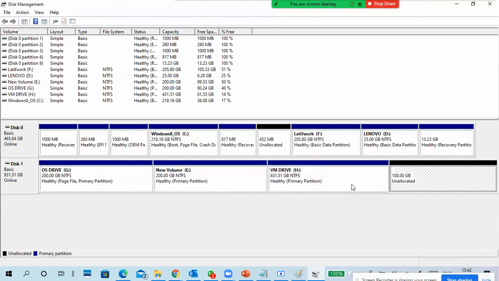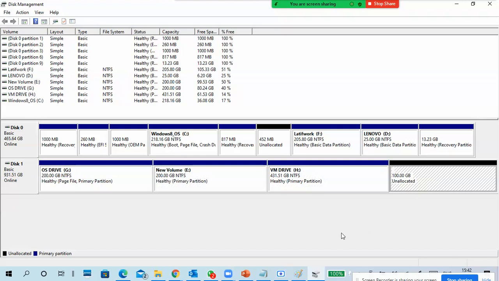How to add this 100 GB to H drive? I want to add. Shrink means cutting. We can extend. Can I add this 100 GB to E drive? No, sir. We can't add it. Very good.